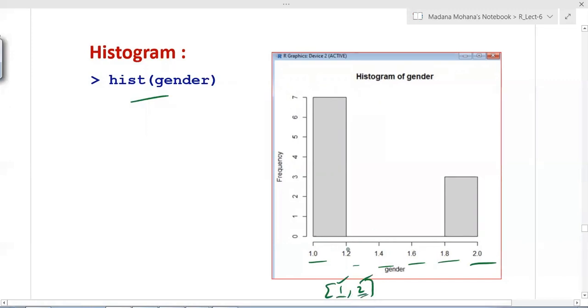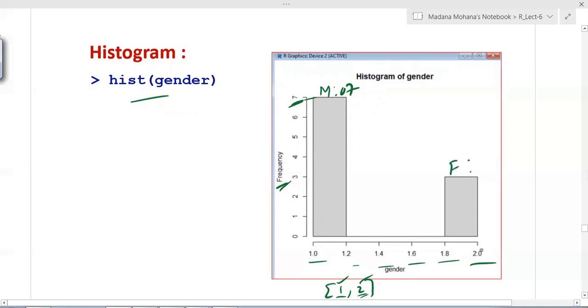Now here you can see the width taken from 1 to 1.2. This shows male. The total count is 7, so the height is 7 because the frequency, the total number of males, is 7. Similarly, this is for female.